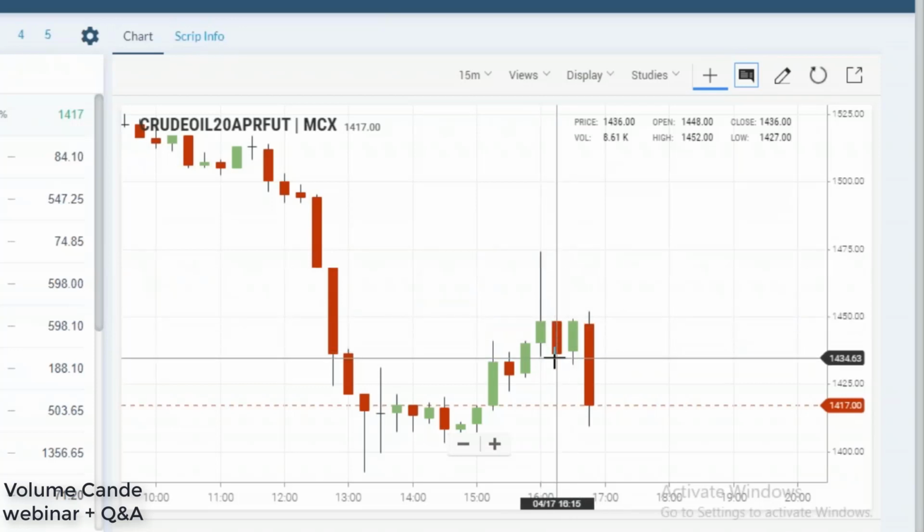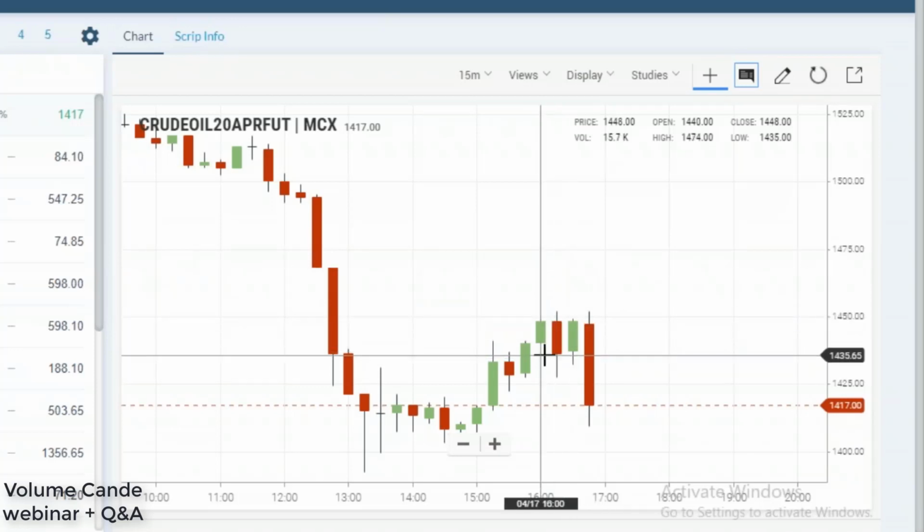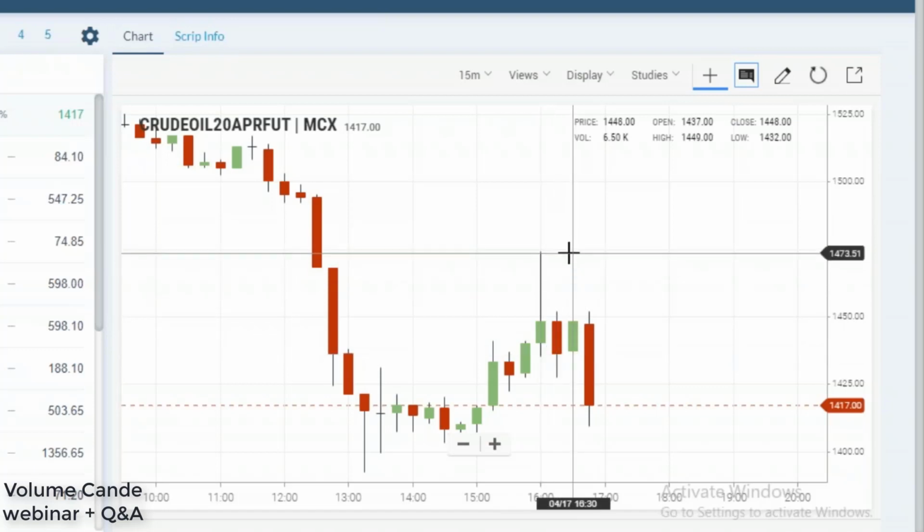So we are going to take a short on this candle. When there is a low break, we are going for a sell by keeping the SL at the high of the candle. The risk is defined. The risk is defined on the high or the low of the particular pin bar. There is no need of considering whether that is a red or green candle. We are focusing on the point where the pin bar is coming.